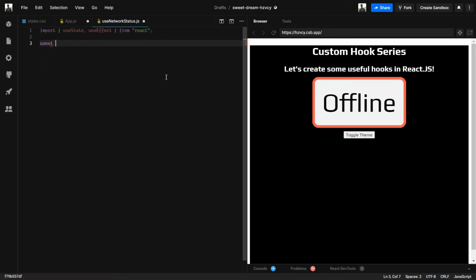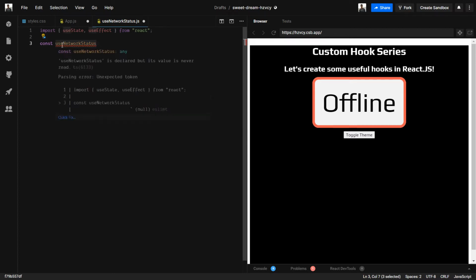Then we will make our functional component, that's our hook. So use network status. You can name it anything you like, but there's a convention to name it use dash something.